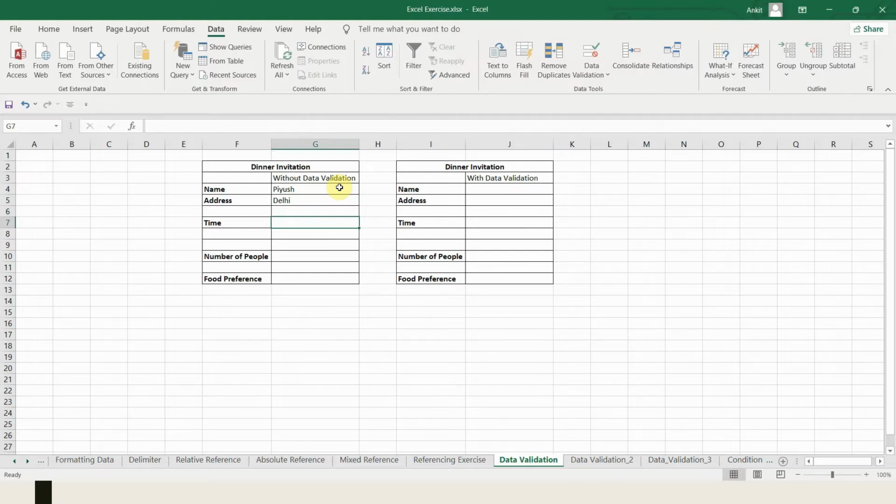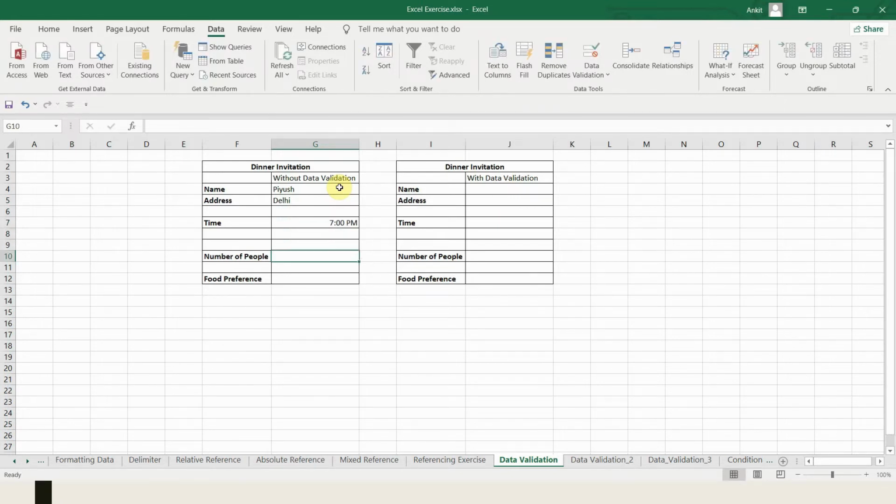Some people will write 6 p.m. like this, or some people will write 6 p.m. like this. Some people will write 7 p.m. So the time will be different and the place will be different.